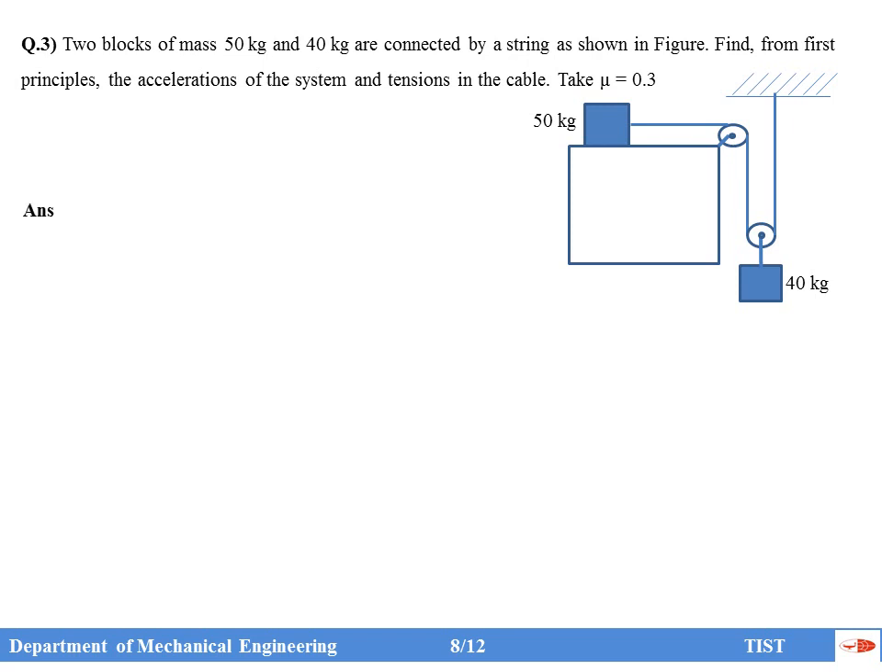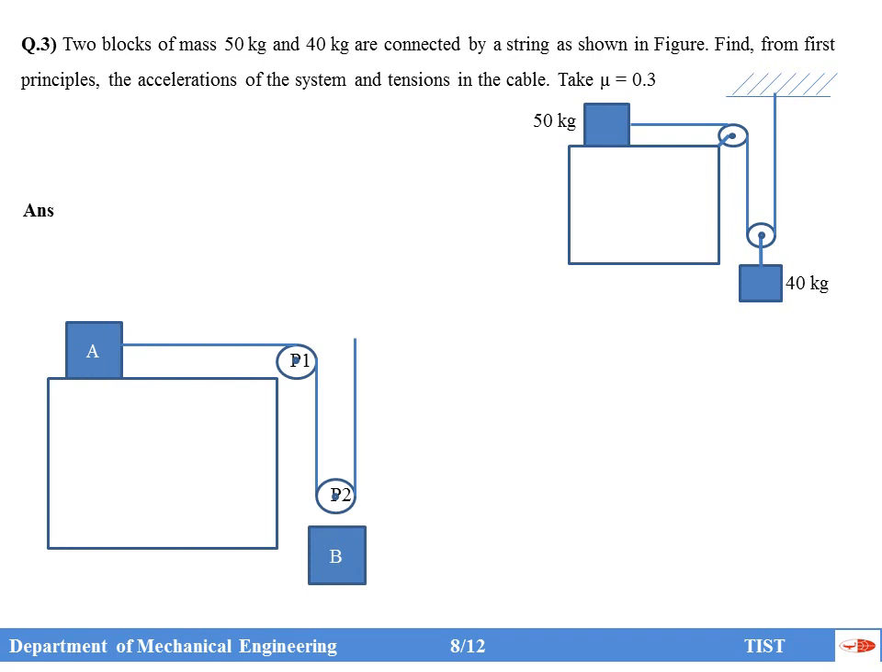Now we can draw the free body diagram. I am taking the 50 kilogram as block A, and the 40 kilogram as block B. Now if you draw the free body diagram of B, WB in the downward direction and 2 T's in the upward direction. And WA in the downward direction for block A, and RA in the upward direction,